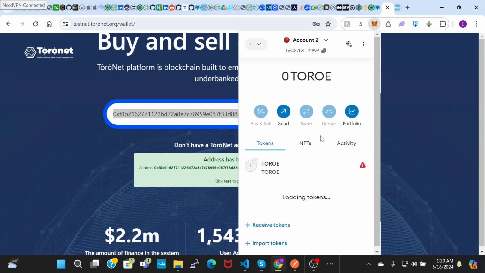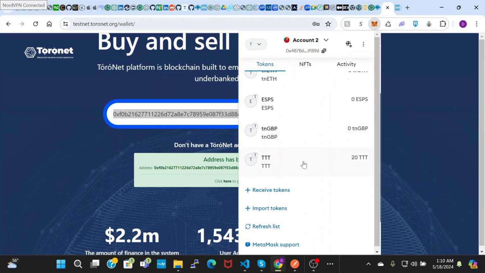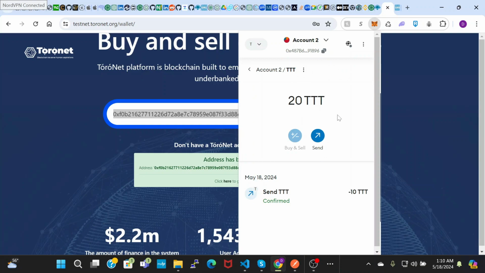Okay, it's confirmed. Now the balance of tokens I have should be 20. And this completes the demonstration of how to deploy a token. This is tokenization. And this is how easy it is. Within 10 minutes, you have a token